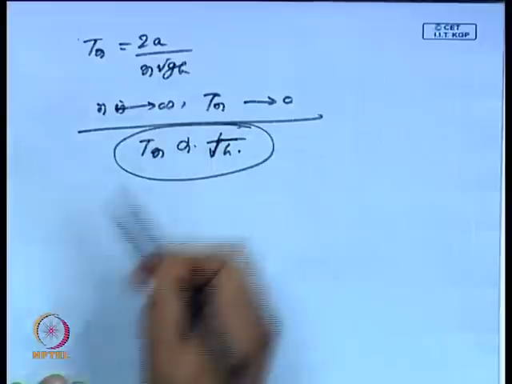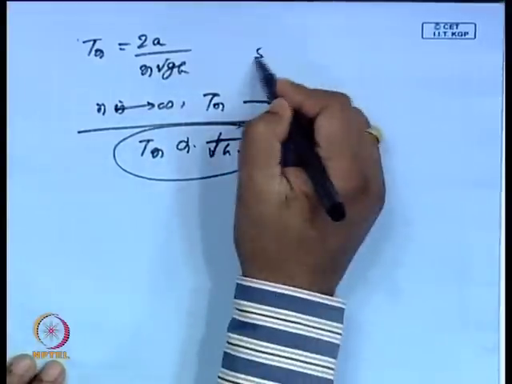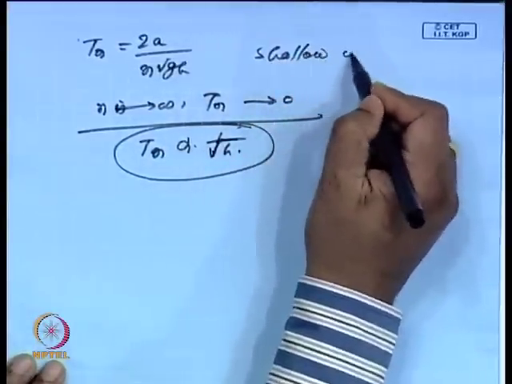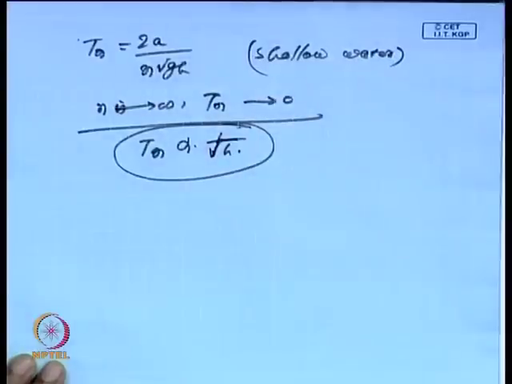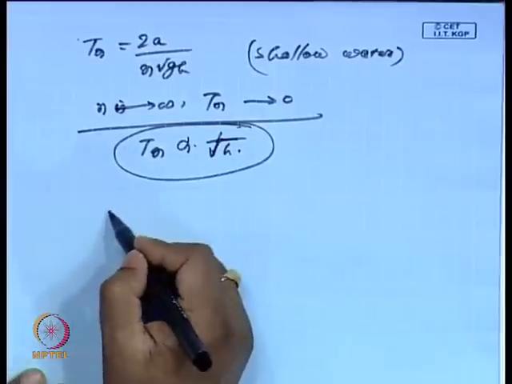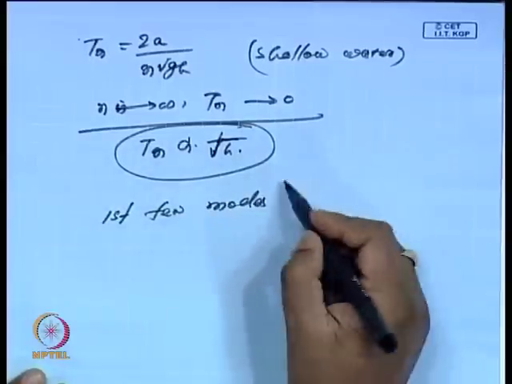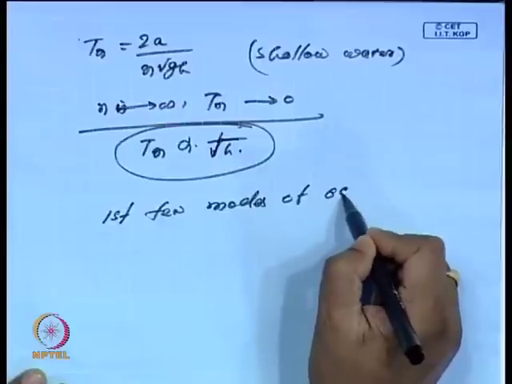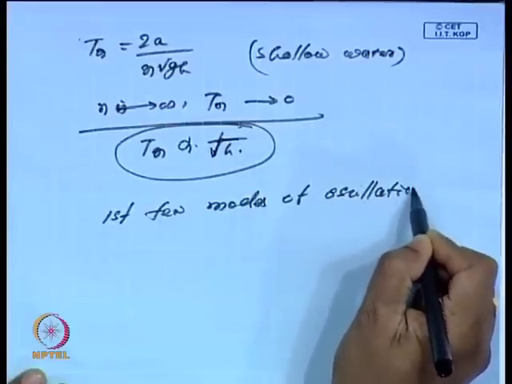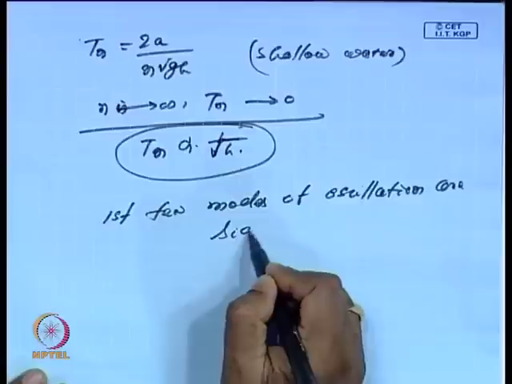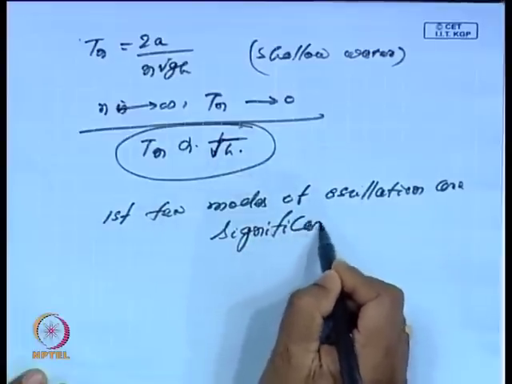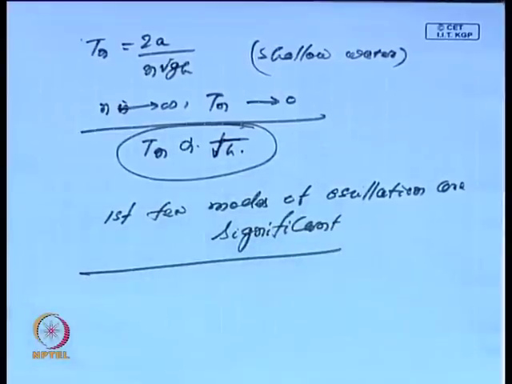So again, smaller the water depth, and here I am considering the case of shallow water as an example. Here also we have seen that the higher the modes of oscillation, the smaller the period. The period will decrease when the mode of oscillation increases. So in both cases the first few modes of oscillation are significant. And when this situation happens,